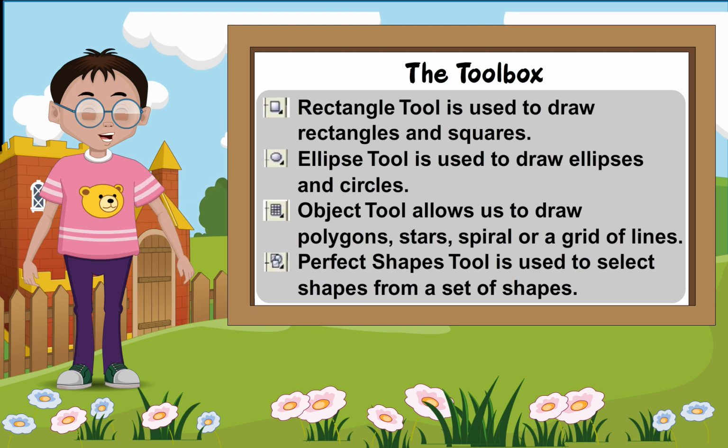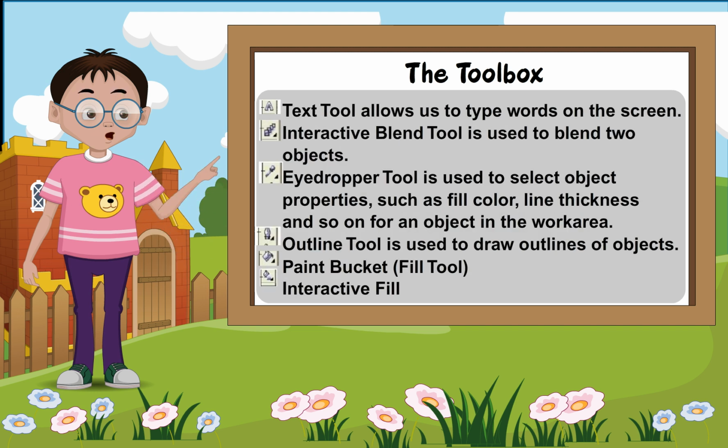Rectangle tool is used to draw rectangles and squares. Ellipse tool is used to draw ellipses and circles. Object tool allows us to draw polygons, stars, spirals, or a grid of lines. Perfect Shapes tool is used to select shapes from a set of shapes. Text tool allows us to type words on the screen. Interactive Blend tool is used to blend two objects. Eyedropper tool is used to select object properties such as fill color, line thickness, and so on for an object